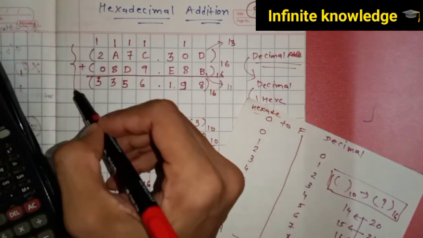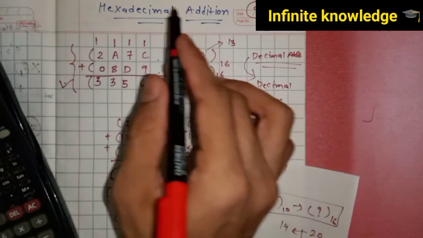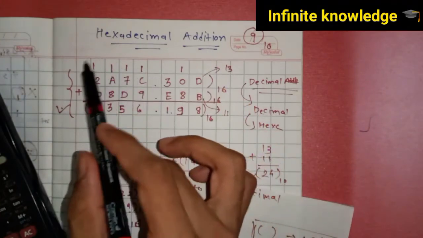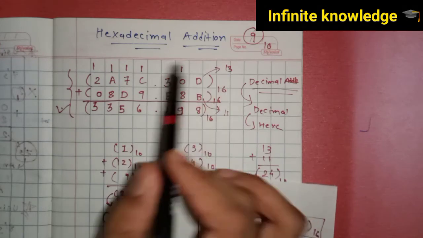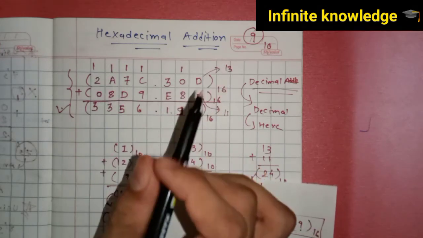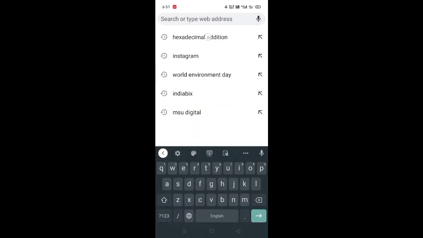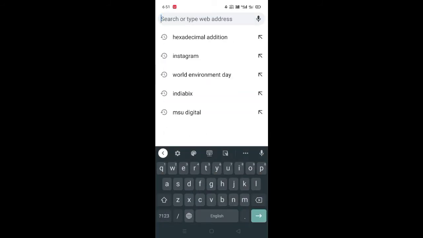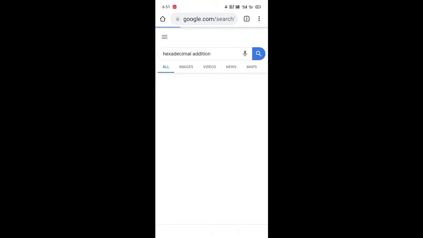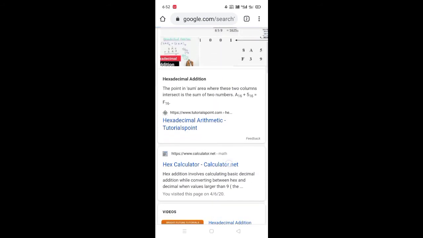If you don't have a calculator, then you go to Google and directly write hexadecimal addition, and if you enter these values in that calculator, you get this value. So let's check it. To check the answer, first you have to go on Google and write hexadecimal addition, and go to the hex calculator.